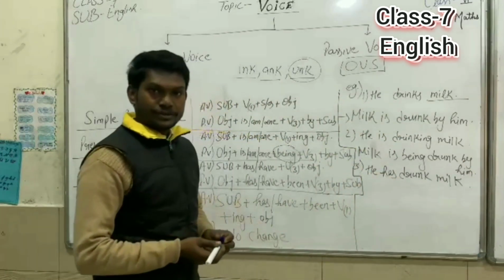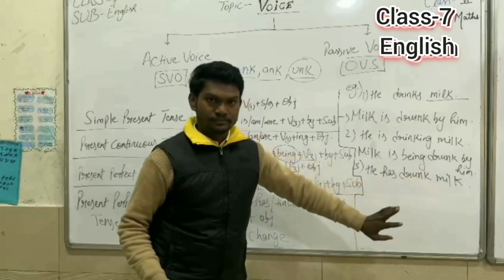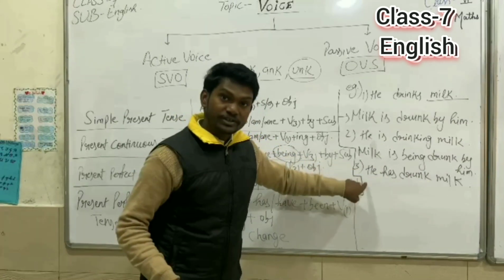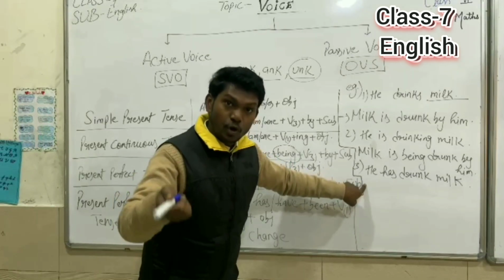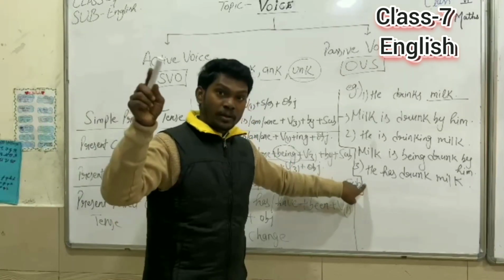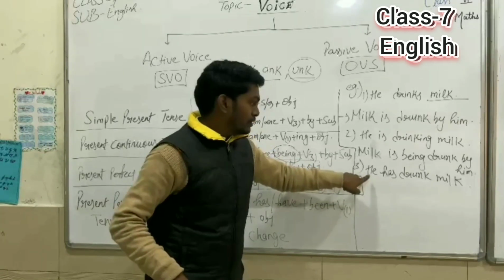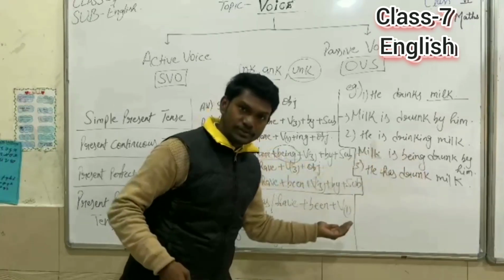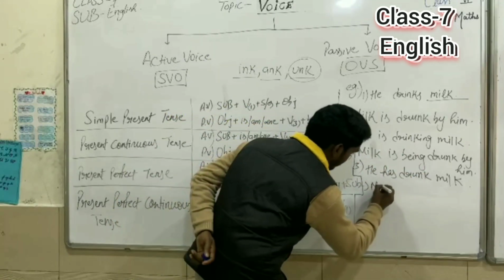as you can see here, the sentence is he has drunk milk. Now we have written has because the subject is third person singular. If the subject would be first person, second person or third person plural, we might have written have, H-A-V-E over here. So he has drunk what? He has drunk milk. So milk is taken first to convert it into passive voice. So milk